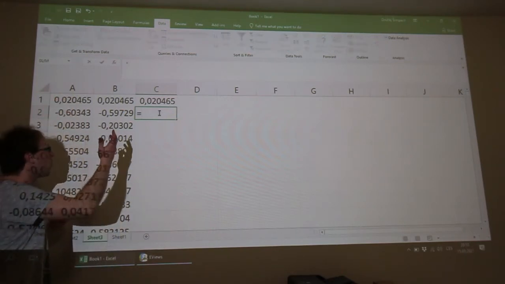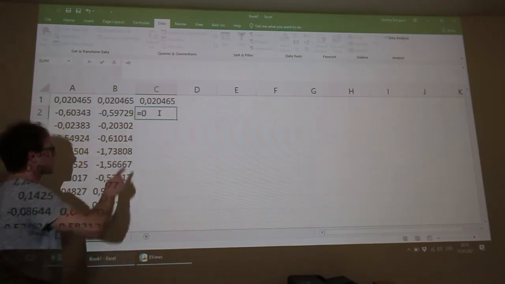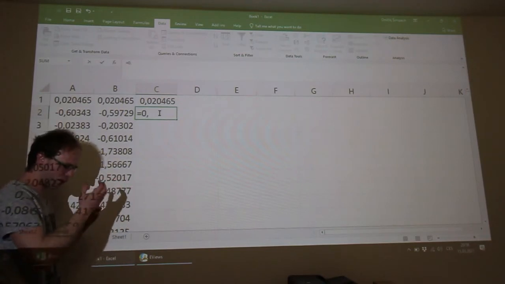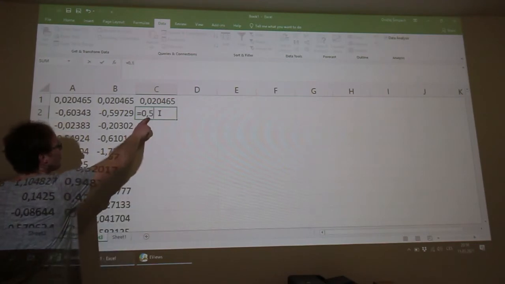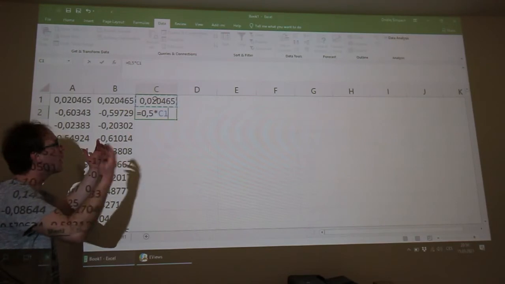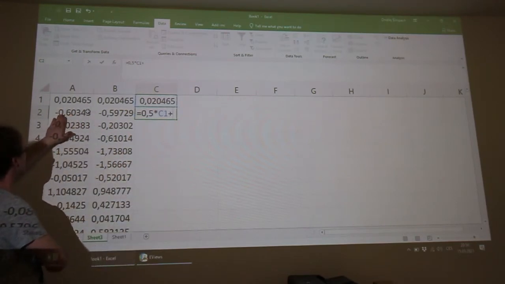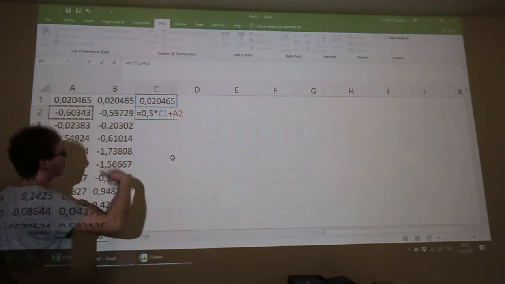But now I already have my previous value, so we will increase the power of parameter phi to 0.5 times my previous value plus the value of the noise on the row where I'm placed.